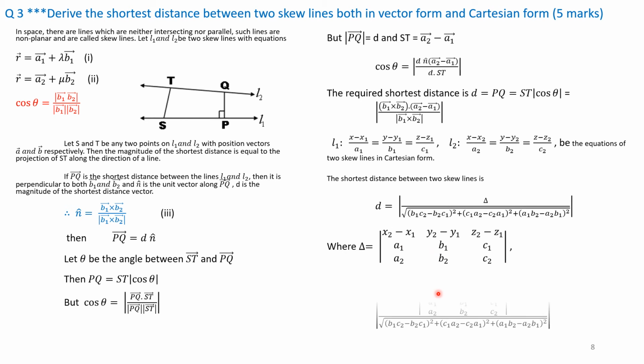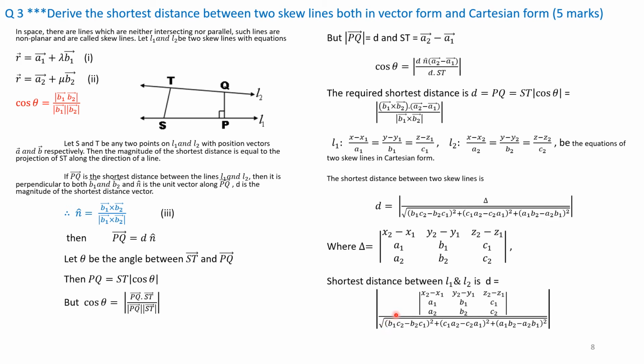Therefore, this can be written as the shortest distance is given by D is equal to mod of x2 minus x1, y2 minus y1 and z2 minus z1 in the first row. That is, we have written a2 minus a1 in the first row. Then their denominators we have written a1, b1, c1. And the next is a2, b2, c2 divided by